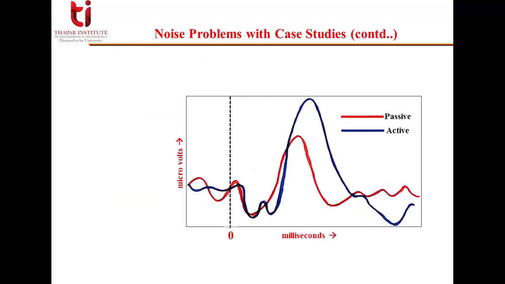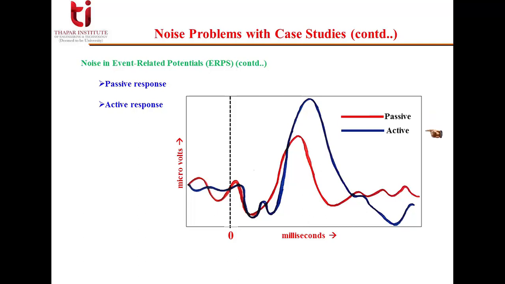Further, in ERP, there can be passive and active kinds of evoked potential. In this figure, as you can see, passive and active potentials are shown. In the passive case, the patient or experimental subject just has to listen, and because of that, in the parietal lobe there will be some changes in the EEG signal. It means our brain is working, listening to the tune and recognizing that okay, there is a tune played.